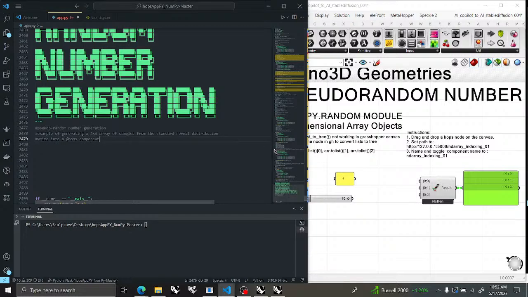I want to make sure that this actually is reading the last script. I want to start with a Hops component and let's see what we produce. NumPy random 1, we'll just call it NumPy random. I will call it NumPy random 1 because I'm sure we're going to have to debug and you have to change the name. So name, nickname,